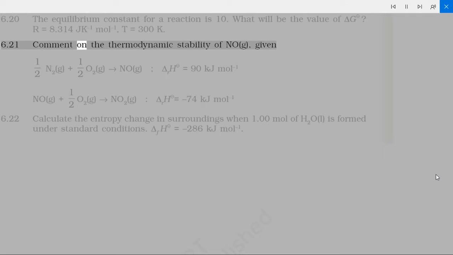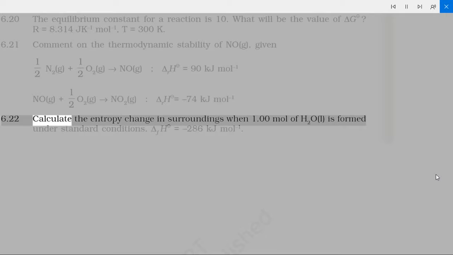6.21 Comment on the thermodynamic stability of NO(g), given 1/2 N2(g) + 1/2 O2(g) → NO(g), ΔrH° = 90 kJ mol⁻¹. NO(g) + 1/2 O2(g) → NO2(g), ΔrH° = -74 kJ mol⁻¹. 6.22 Calculate the entropy